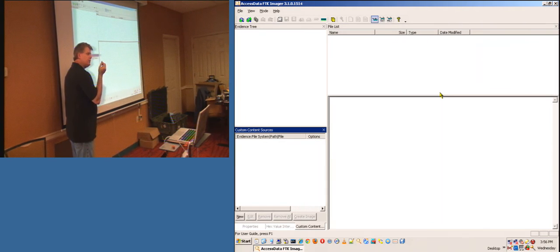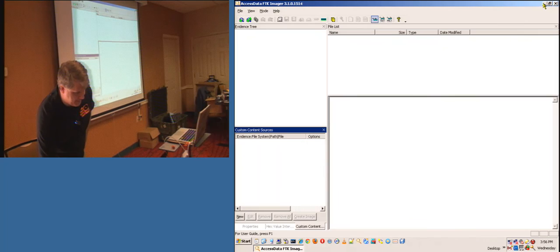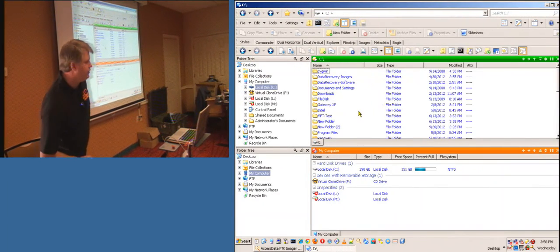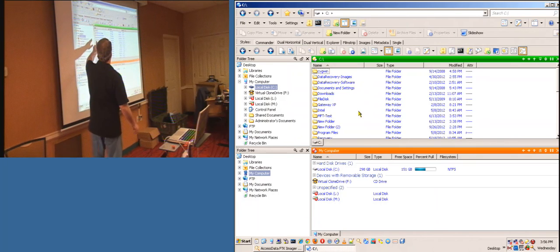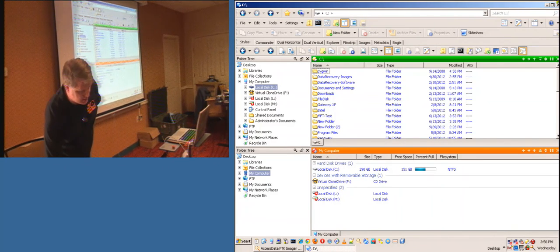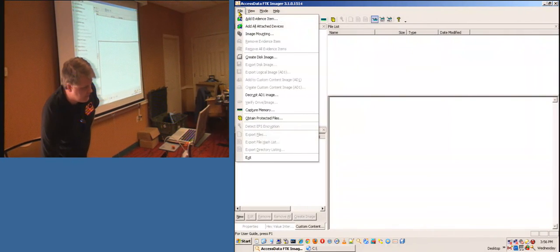We are going to open this hard drive I have imaged. The folder that we are working in, I'm just showing you where it is, on the C drive, there is a folder called Data Recovery Images. We will be working in this folder to look at the image files that I have made. So inside of FTK Imager, I would like you to go File, Add Evidence Item,